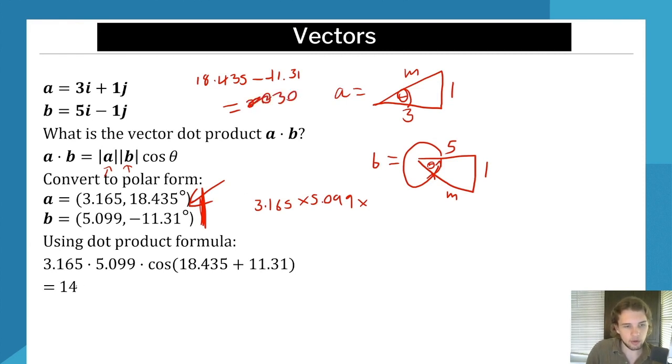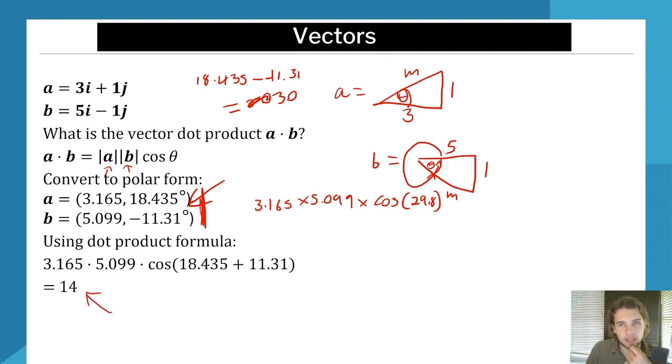When you plug all this into the calculator, as you will often be doing with the dot product, you will get the result that it is 14. So that's the process of finding the dot product using polar form,